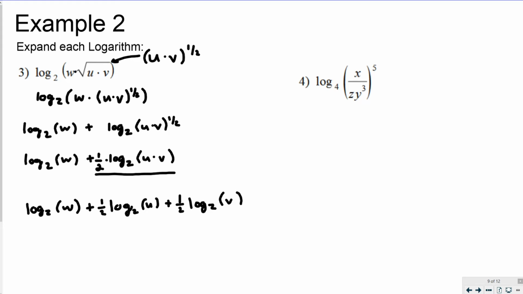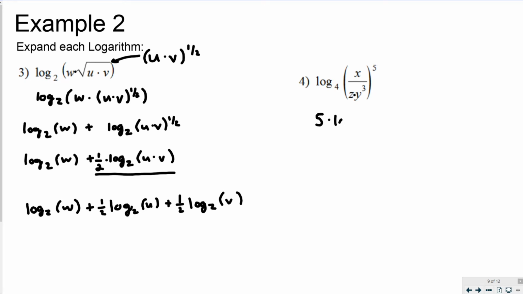So when you have a parentheses like that, and it's like a power of the entire parentheses, when you split it and you use the power rule, and you split it again with the product rule, you apply the coefficients to both parts of the product rule. Okay, so number 4 is multiple things going on. So we have a quotient. In the quotient, we have a product in the denominator, and then we also have this raised to a power of 5. So because the power of 5 is on the outside of the parentheses, we're going to deal with that first. So we're going to kick it to the outside to make it 5